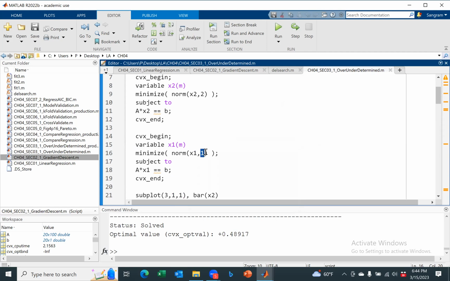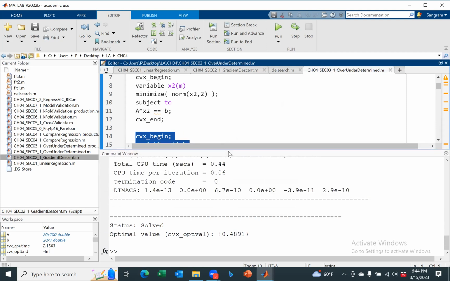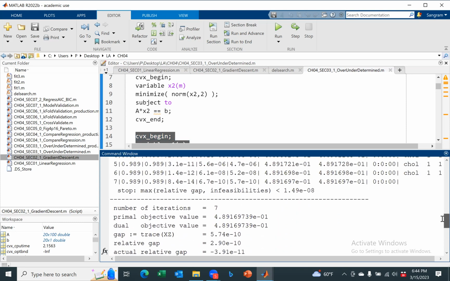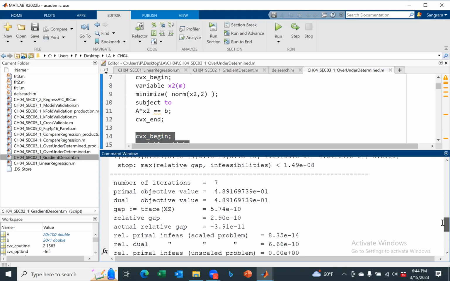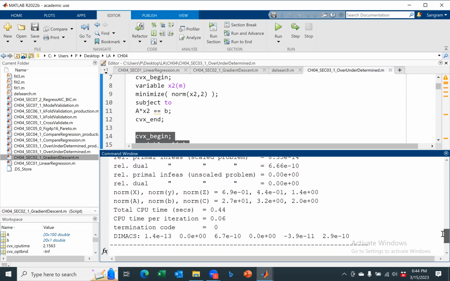So I'm just minimizing the error and I'm defining. So if I were to do it something like this, I would get a different value. As you can see, it will give me the number of iterations, objective, gap, and then finally it will give me the answer. So then what you can do,